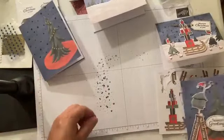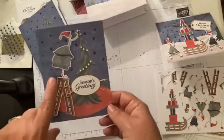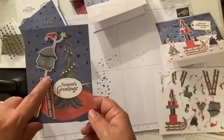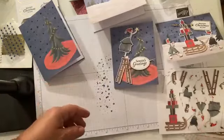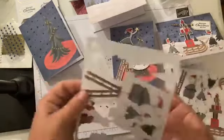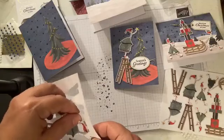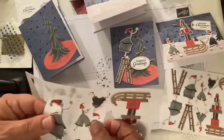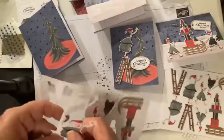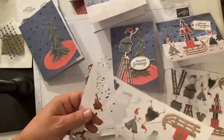Okay, so this one, this was making me laugh when I saw this one because this is what I have to do when I'm decorating the top of my Christmas tree. It's quite the scene. So if you ever meet me in person, you'll see how short I am, and so we have to get this super tall ladder out when we're decorating the tree. And this our Christmas tree that we have now, it's like a 9-foot tree, and